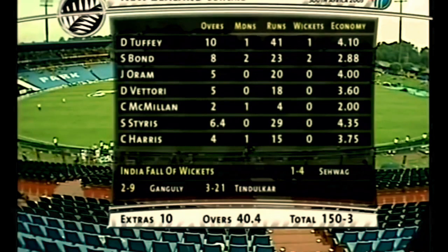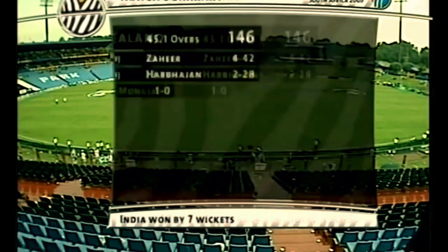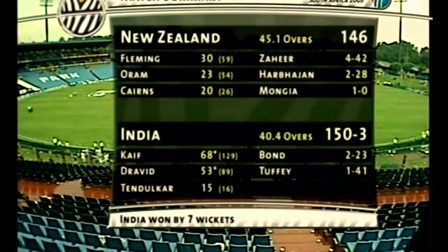New Zealand bowling. Shane Bond was outstanding right at the start, picking up some quick wickets and bowling very briskly indeed. 2 for 23. He got off 8 overs. Tuffy picked up 1 for 41 off 10, but really no one else was providing too much penetration. All the figures were fairly tidy, but of course India weren't chasing too many runs. So looking back at this game, New Zealand all out for 146. A terrific bowling performance from India. Zaheer Khan, Javagal Srinath and also Ashish Nehra providing terrific pressure at the start. Harbhajan Singh came into the attack in the middle order and picked up 2 for 28, and India in reply after